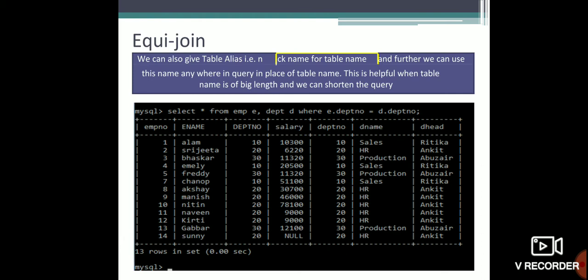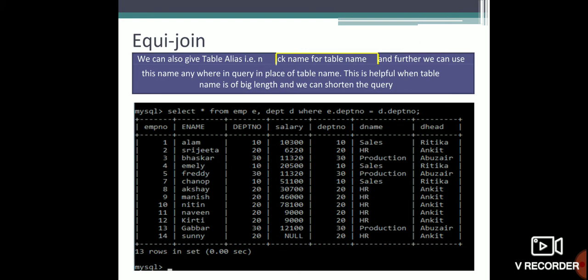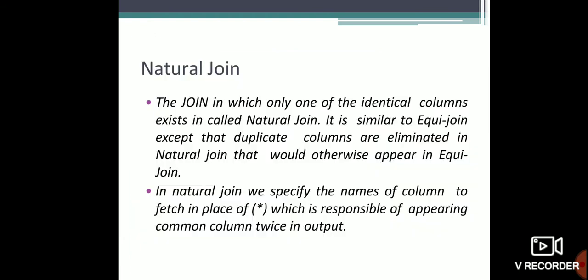In the condition, in the previous case what I was writing, I had to write the full table name dot the column name. But in this case, I have already mentioned that my table employee is termed as E, and department will be termed as D. So after the where clause I will write the nickname only, like E dot department number equals D dot department number, where E is the employee table and D is your department table. The same condition you can see here.